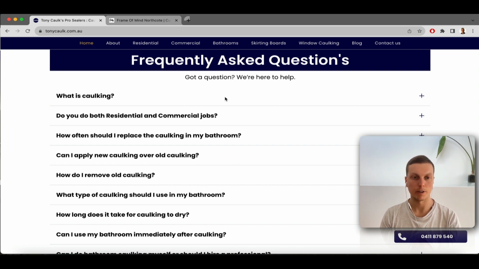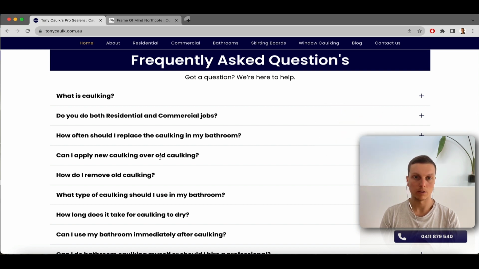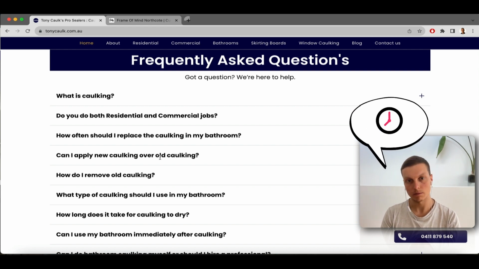Because if you don't have an FAQ, and let's say someone does want caulking, but it's like a small job and they can remove the caulking themselves, or they just want to know how long the job is going to take or how much it's roughly going to cost, and you're operating within like a different budget or time frame, then you're going to have to manually answer the questions that they send in to you. And if 4 or 5 people are doing that a day, that time stacks up, and your time is your